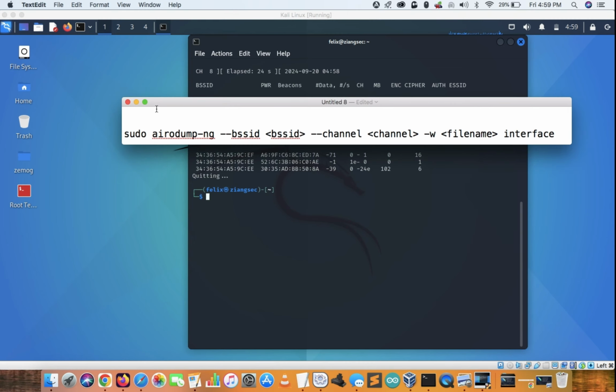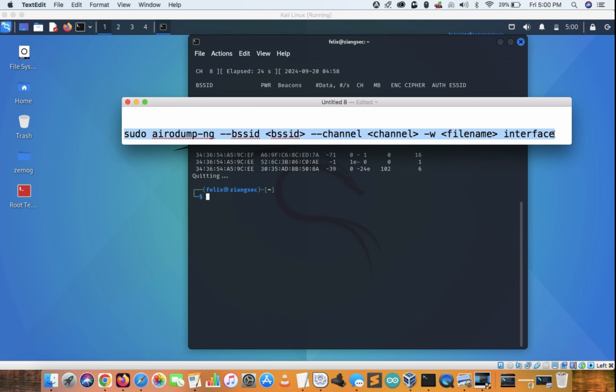So this is how we will do this. airodump-ng --bssid, then the BSSID, --channel, then the channel. And since we are going to store the handshake in a file, we will use this parameter -w, then the file name, and then the interface.